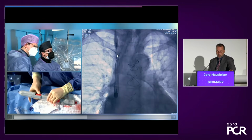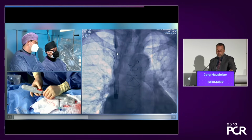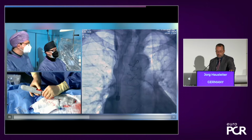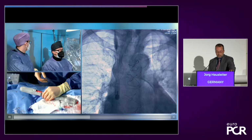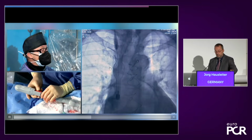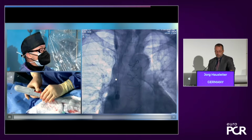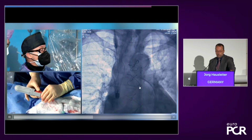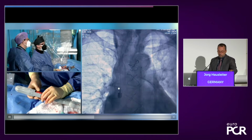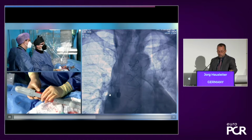You see now in a few seconds it starts flaring, and I'm trying to orientate myself here by the ribs and the subclavian, so that this upper stent part is more or less located in here. Now you see that the belly has already been expanded. You always have to take a little bit of time until the stent is getting accustomed to the temperature. Then it's expanding even further. You can't do this in just 30 seconds; the entire procedure to expand this valve is stopped for a couple of minutes after each of those steps, and it takes about 10 minutes to release the entire stent. It's anchored with three anchors in the delivery system,